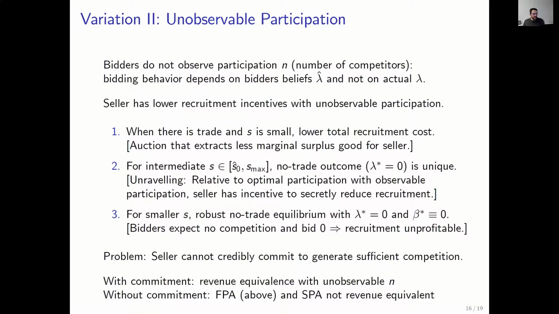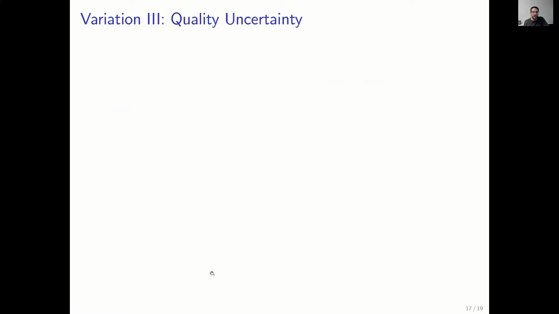Great. So this is interesting, I think. We'll study it, and there are some interesting implications if the number of bidders is not observable, or if the seller cannot credibly commit to disclose it truthfully, and then maybe rely on some agents. Okay, variation number 3. Peter suggested quality uncertainty. In many settings, think about someone applying for a loan at a bank, but even selling an asset as a company or selling a house, there will be some common value components or interdependent values. So let's think about that and what this means for this type of setting.